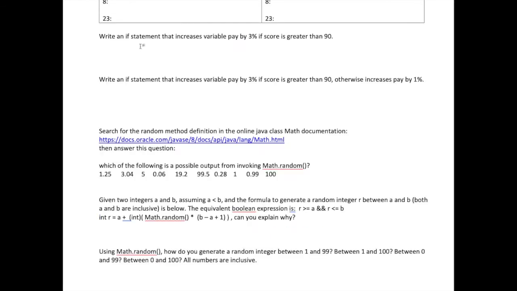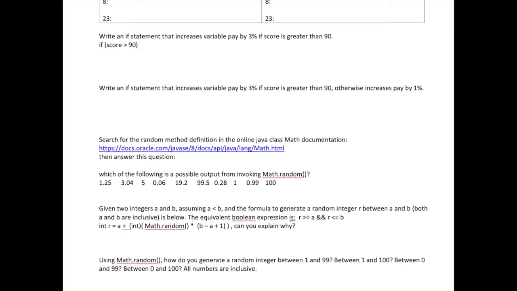So let's take a look at this question here. Write an if statement that increases variable pay by 3% if score is greater than 90. I know it's probably going to be if with parentheses, and we can make assumptions. So in questions like this, we can make assumptions. We don't have to write a whole program. We don't have to declare variables before this if statement. All I care about is that your logic is correct. So we can just pretend that I have a score variable already declared in my imaginary program before this if statement. But if we say if score is greater than 90,